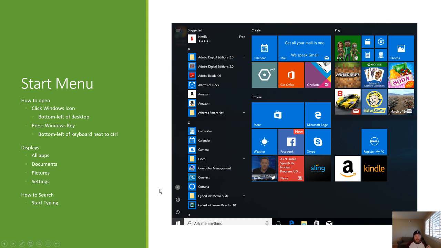Okay. Now I only really use the start menu to find things. And so right here, it says how to search. You hit the start menu and then immediately start typing. So this could be an application that you're looking for, a file, a folder, really anything. So that is one of the main reasons I use the start menu. I don't use it to click on any of these things because anything that I use often, I have